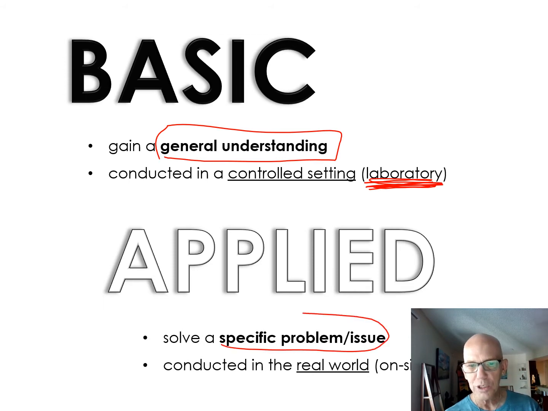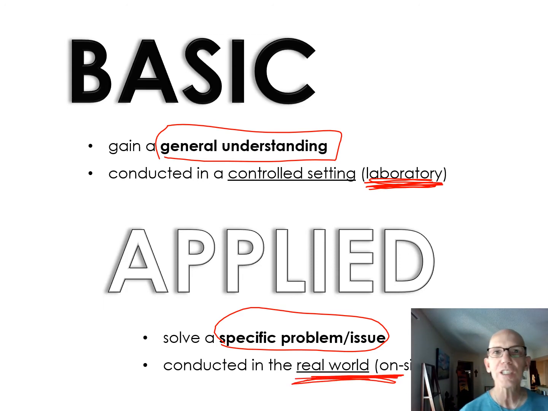Because we have to use psychology like Caesar Milan to solve the dog problem. Okay, so this is why I do like applied psychology, but it's not as scientific because you can't control all the other possible factors that might come into play. Okay, so again, basic, general in the lab, applied, specific, because I'm trying to apply psychology and use it in